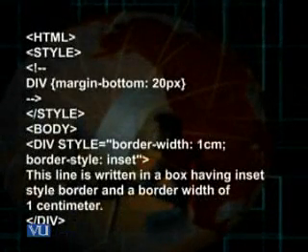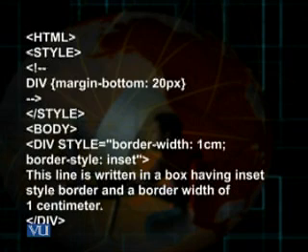As you can see, we start with the HTML tag, then the style tag, and I have used the div tag. I'm giving a style definition, and I use the property margin-bottom and fix its value at 20 pixels. That would indicate that each box enclosing certain text within the div tag should be separated bottom-wise by 20 pixels from the other box.